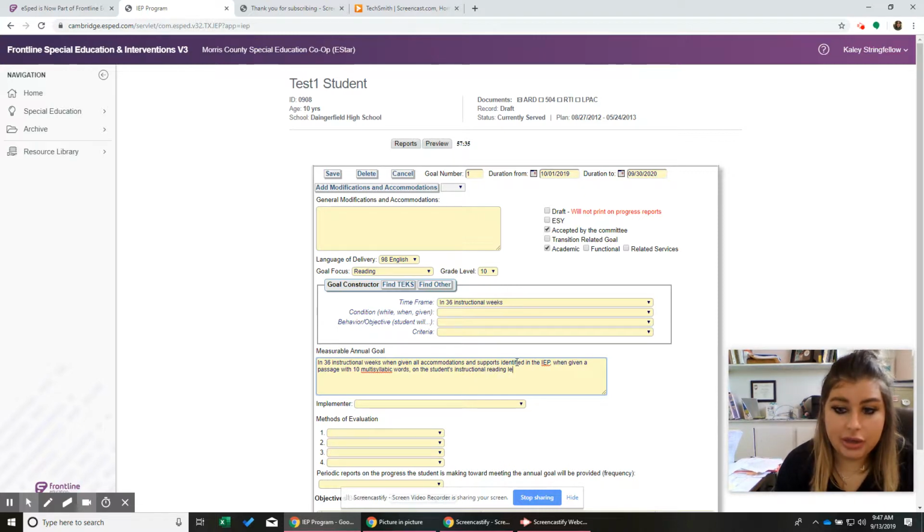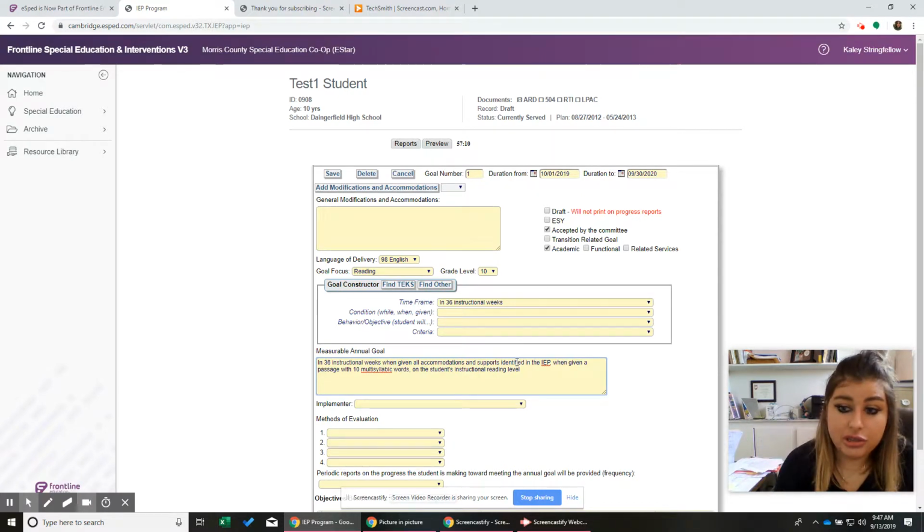So their independent reading level and their instructional level are different, because instructional means when you're sitting there and it's challenging. Independent means they can read it with mastery. They're not struggling, because if they're reading something they don't understand, or they can't read very fluently, then it's not really helping them for comprehension purposes.